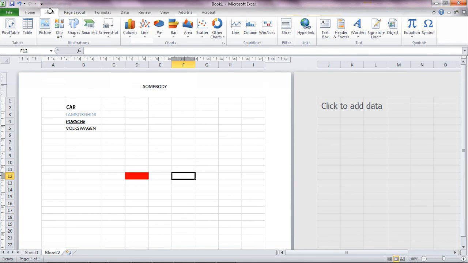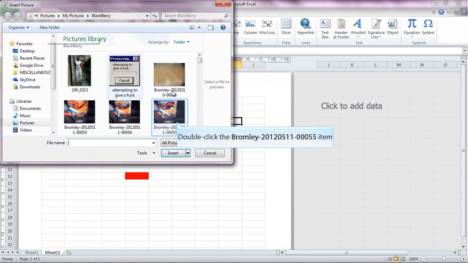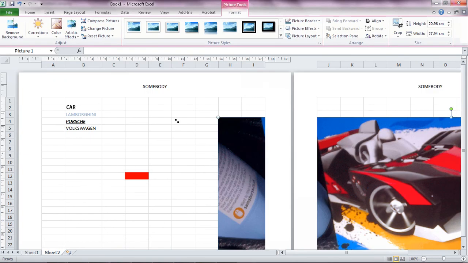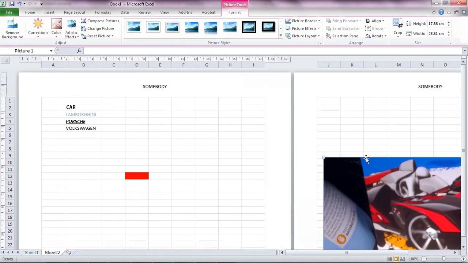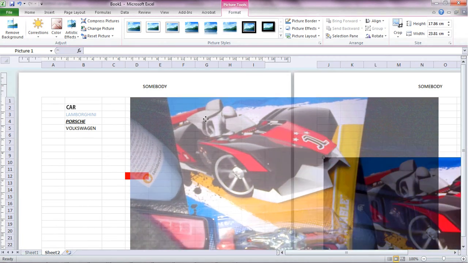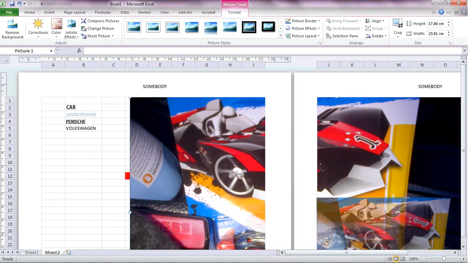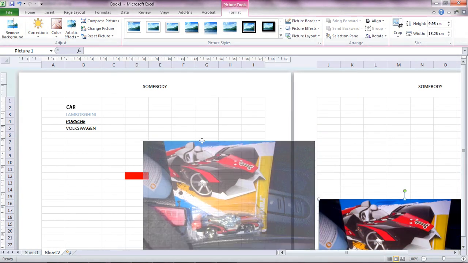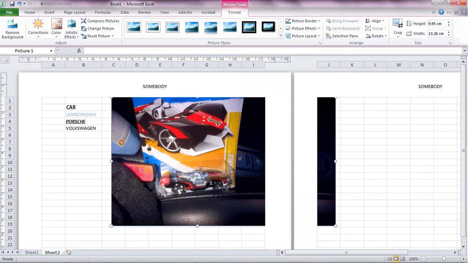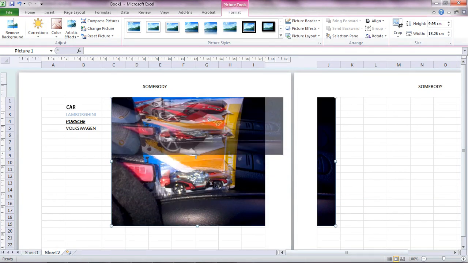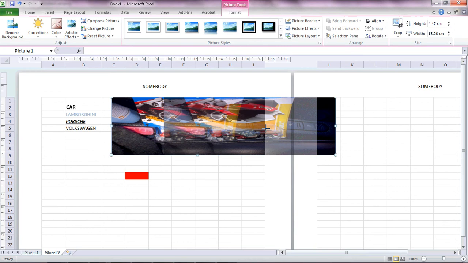Another thing I want to talk about is inserting a picture. Really simple. Click where you want the picture to go. Click on picture, select a picture, and there you go. Your picture will be inserted into the spreadsheet. Please don't worry about this. I've got quite a huge picture here of a Hot Wheels car that I bought my son. I'll just minimize it and I'll just put it in the spreadsheet if I want it to be in there. Okay, it's really simple. That's how you insert a picture